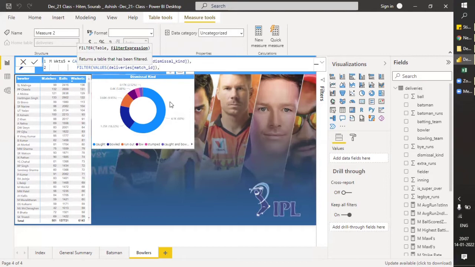And after that, we will be using the filter for wickets. We already have this DAX, M wickets. We already have calculated it, which we have used in this matrix, wickets. We are using the same DAX which has given us these numbers. So we already have a calculation here, and M wickets is greater than or equal to 5. 5 or 3, you can tell. Okay, so just close the parenthesis and enter.